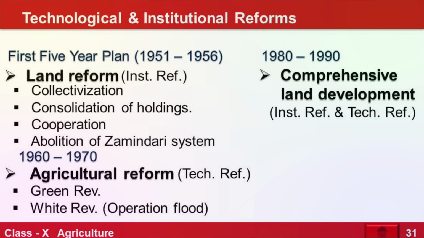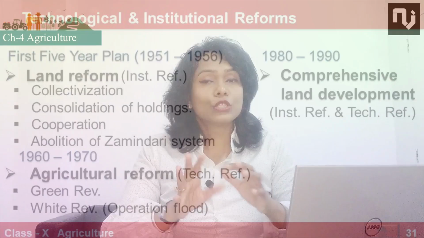So with technology, how can we utilize the full year to grow? Earlier we used to grow only for 8 months. How to utilize the full year to grow? And multiple croppings, how can we use the same land to maintain fertility of the soil? What other options are available apart from growing the traditional crops? Correct, trying new crops. So these are called the technologies. Next is institutional reforms.